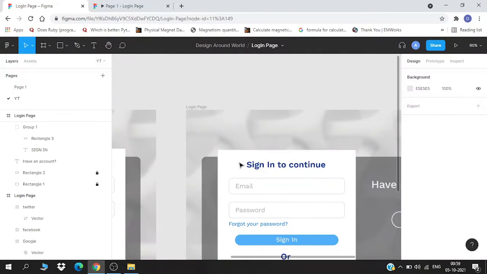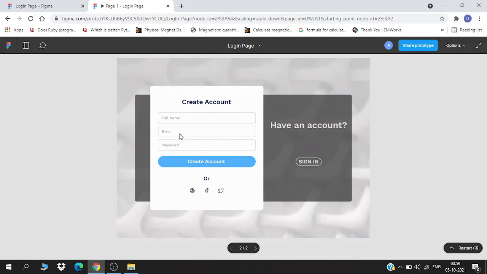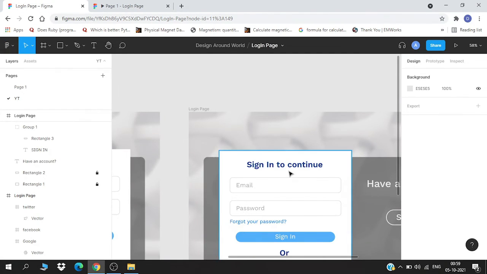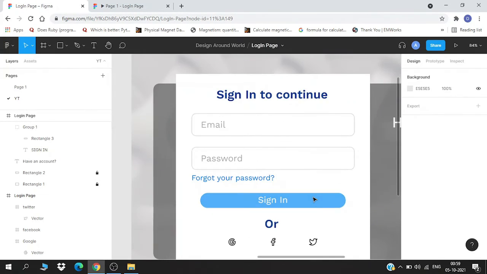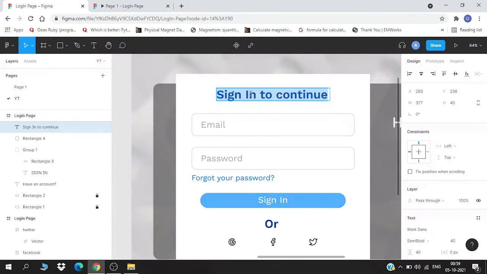And here, what we have is create an account, full name, email, password. Create an account, full name.